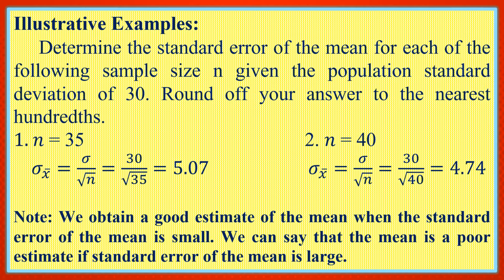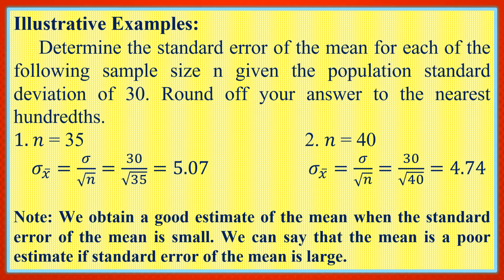For the illustrative examples, determine the standard error of the mean for each of the following sample sizes n, given the population standard deviation of 30. Round off your answer to the nearest hundredths. For number 1, you are given n equals 30. So the standard error equals the standard deviation divided by the square root of n. That is equal to 30 divided by the square root of 35, and that is equal to